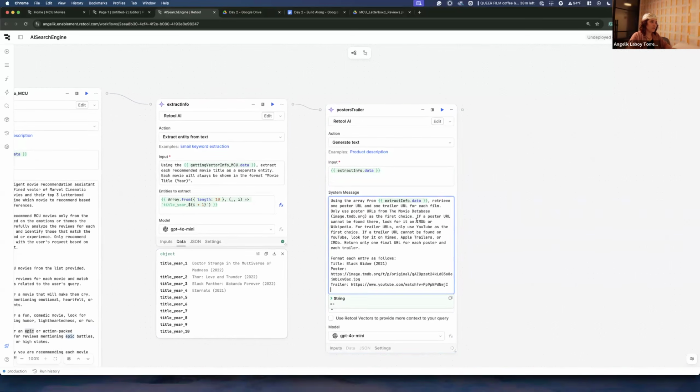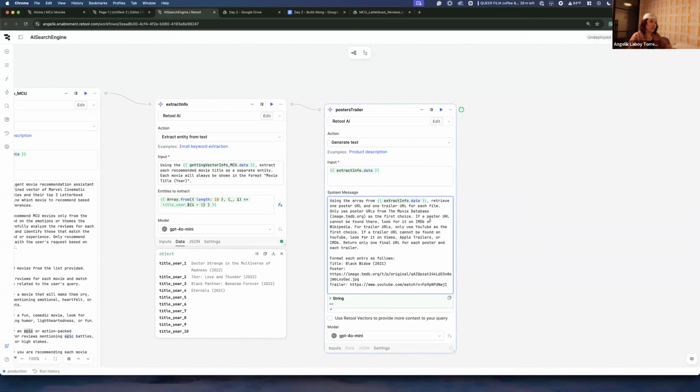And this is what I've written. I've written, hey, take the information from here. And I want you to look up the movie database website. That is your first choice. However, if you don't find it, then look at IMDb or look at Wikipedia. Otherwise, for the trailers, look at YouTube. If YouTube doesn't work, then Vimeo, Apple Trailers, or IMDb. Just give me the URL as simply as this. This is the format that I want the answer to be in. And if I run this,